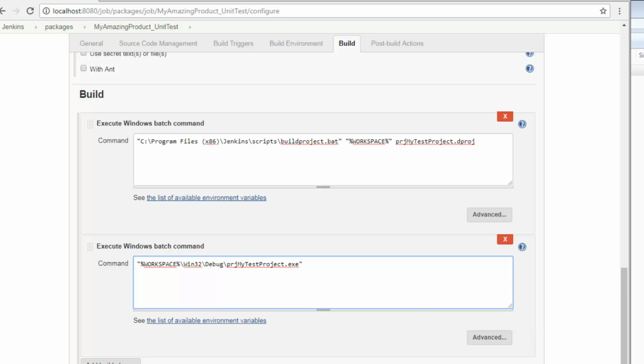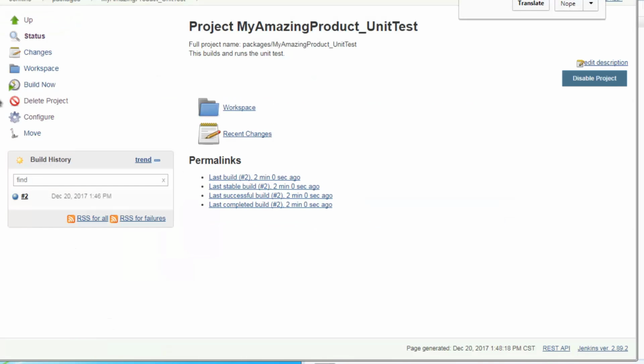Now we also want to pass in a parameter to this unit test project so that it doesn't do that pause and wait for an enter key that I showed you in the IDE earlier. And we can just pass the parameter --exit:continue. So that is the instruction to a DUnitX project to simply continue on exit rather than waiting for a key to be pressed. So I'm going to save this and I'm going to go ahead and hit build now,